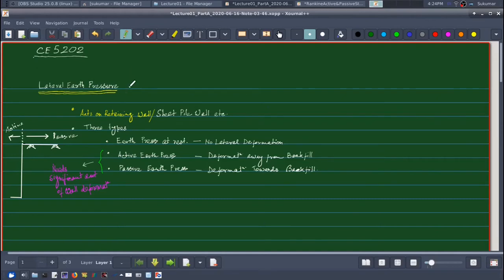So we are starting a new topic, that is lateral earth pressure, for this course C5202. Now what is lateral earth pressure? Suppose I have a soil element. Let me draw a soil element. Suppose this is my soil element,